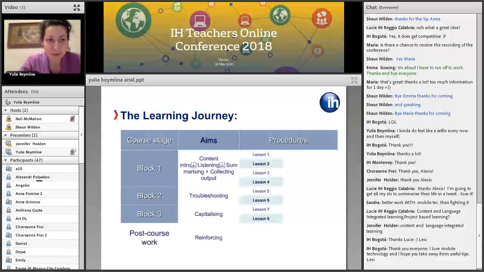In the second block, we explicitly focused on troubleshooting and working with the problematic bits and pieces of student language, and doing more or less traditional ELT stuff, working on narrative tenses. And in block 3, we were putting the polished presentations, polished infographics onto the Wix website, choosing a template, uploading the information there, brushing it up further on, and providing descriptions of our work, descriptions of how we started this